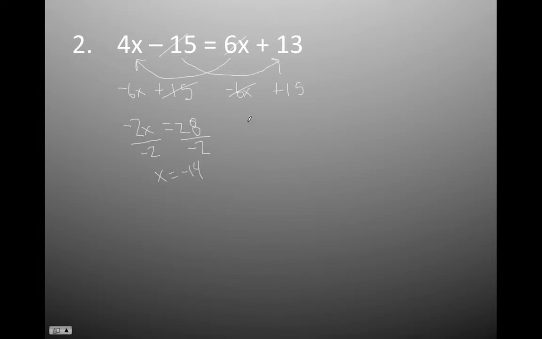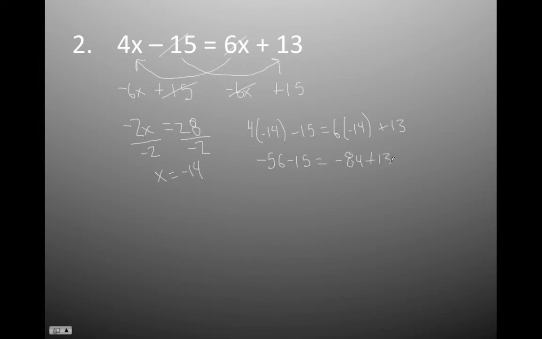Let's check the answer. 4 times negative 14 minus 15 equals 6 times negative 14 plus 13. 4 times negative 14: well, 4 times 10 is 40, 4 times 4 is 16, that's negative 56, minus 15. 6 times negative 14 is 60 and 24, which is negative 84,